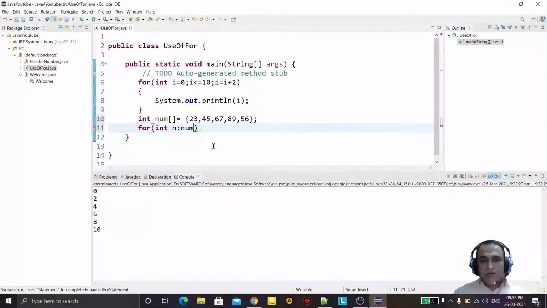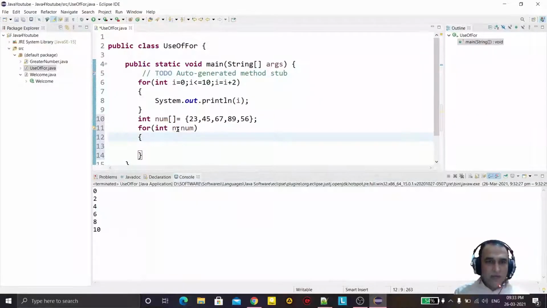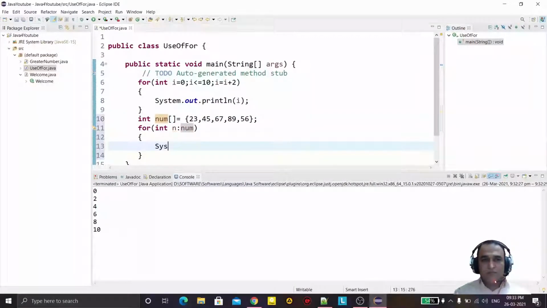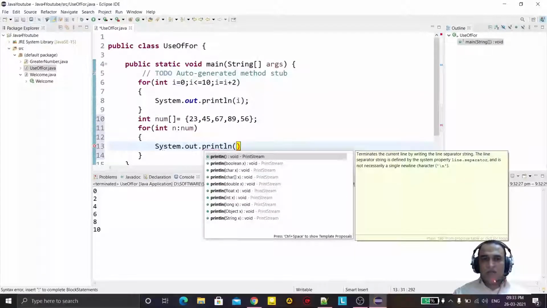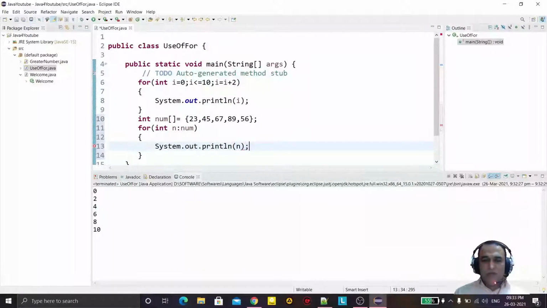So it will read the values. The n variable will have the value of num, 23, and it will display like this n. So first time it will display 23, then 45, then 67, then 89, then 56.